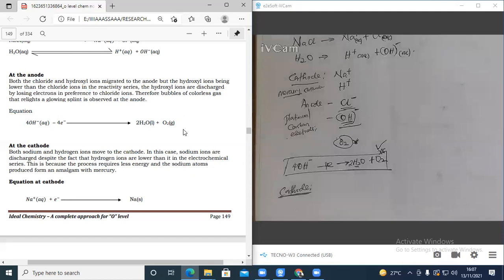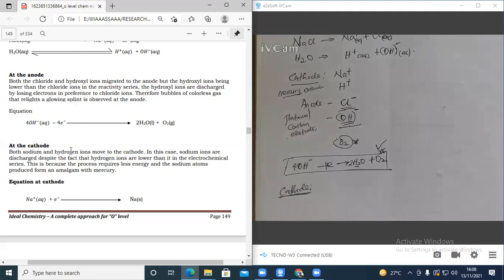When they ask you to write your observation at the anode, you tell them what you expect to see: bubbles of a colorless gas that lights a glowing splint. That's what you expect to see. Then they ask for the equation. This is the equation you write there. Then at the cathode,